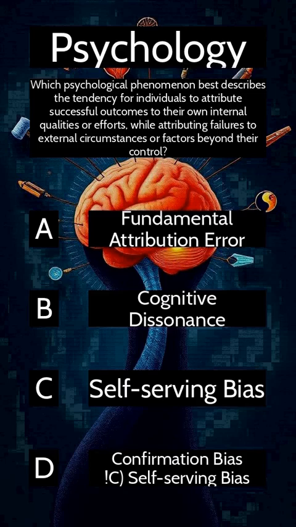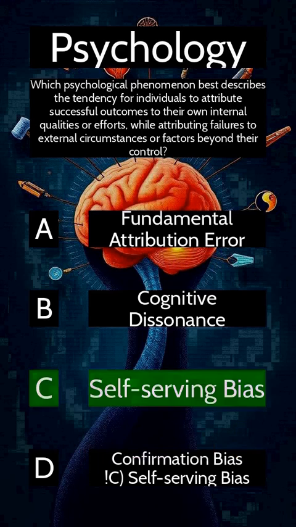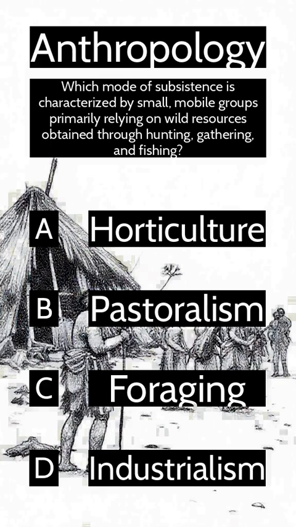Which psychological phenomenon best describes the tendency for individuals to attribute successful outcomes to their own internal qualities or efforts, while attributing failures to external circumstances or factors beyond their control? Answer C. Self-serving bias. Which mode of subsistence is characterized by small, mobile groups primarily relying on wild resources obtained